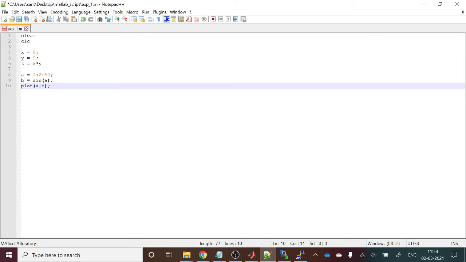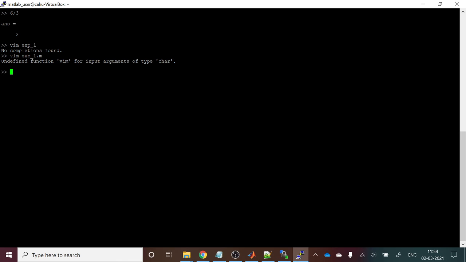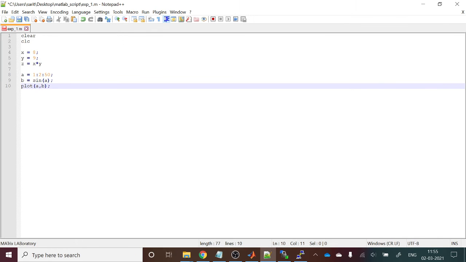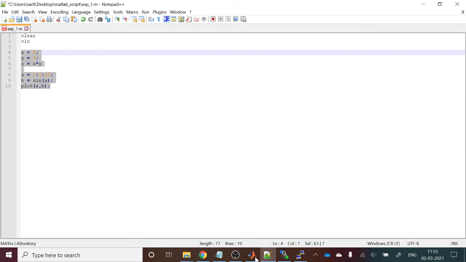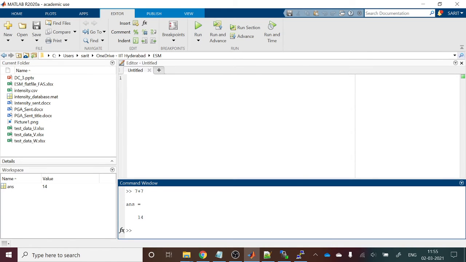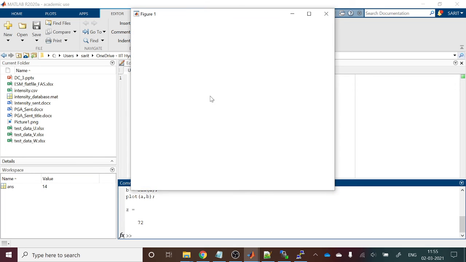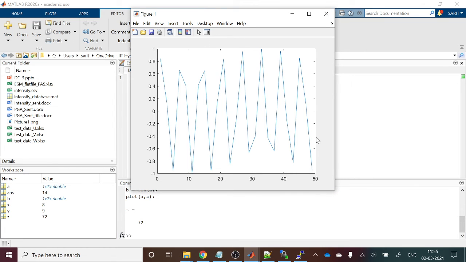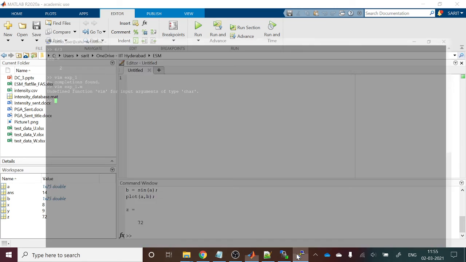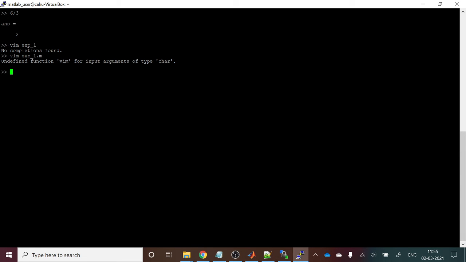Now the problem with this PuTTY is that the figure option won't come here. So we have to save the plot and we can view it on the desktop. How to do that? I have written just plot, right? If you execute this script in MATLAB, the plot will automatically generate and you can see the figure. This is the sine plot, right? But in this remote access, the figure won't generate. You have to save it.